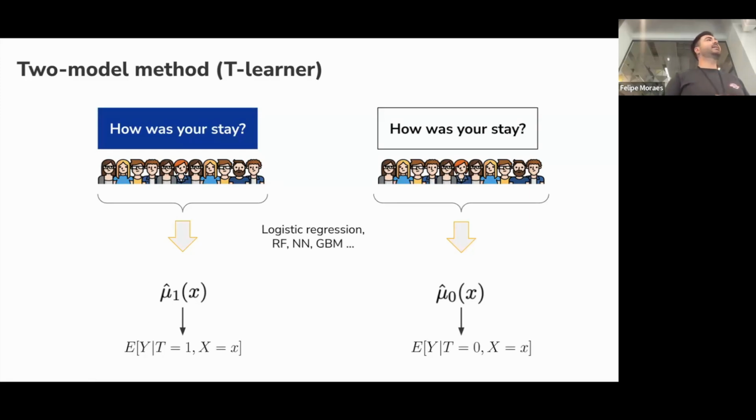That's where the word meta-learner comes from. The base learners can be any regression model, or classification model if you're dealing with binary outcomes. They can be logistic regression, random forest, neural networks, or any tree-based model. In practice, tree-based models work really well in this setting. That's what most of the papers I mentioned go for.